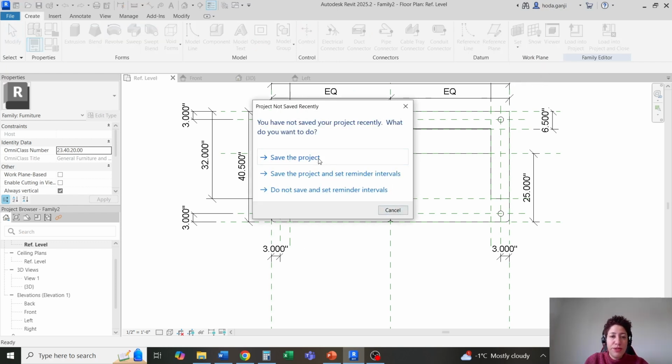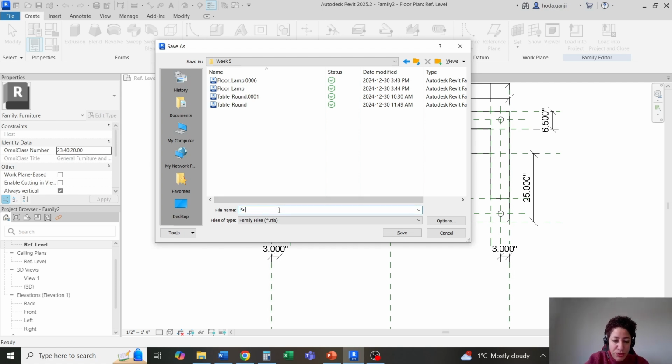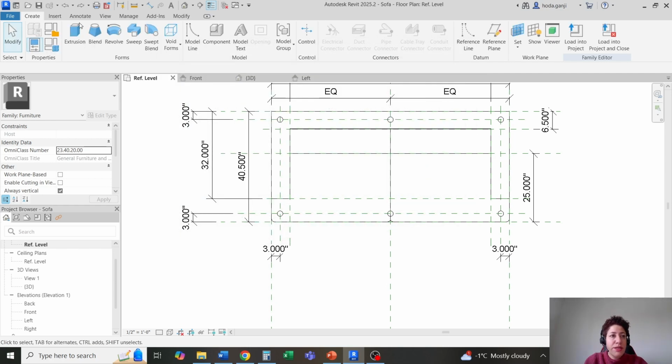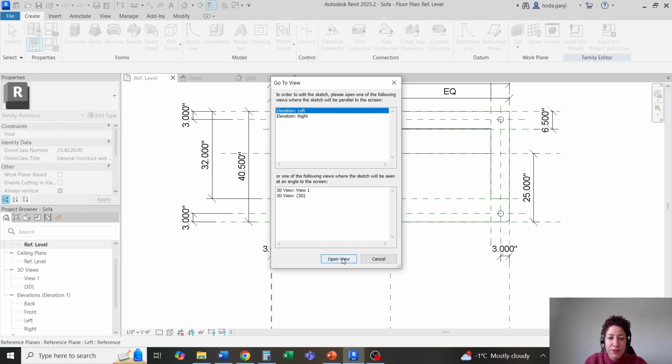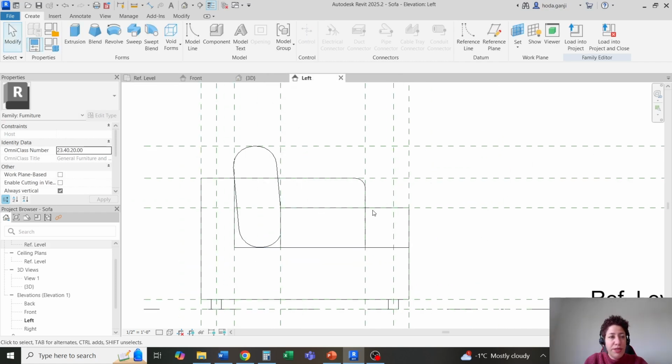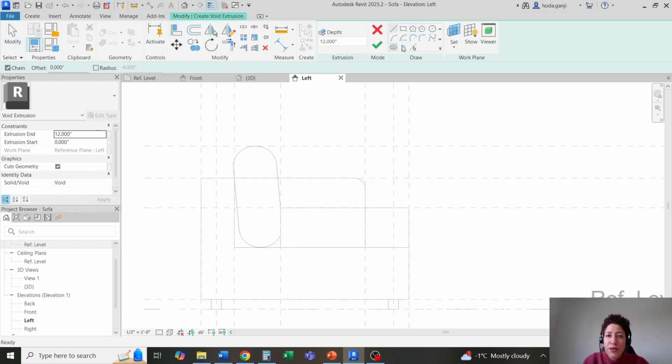Let's save the project. I'm gonna name this sofa and one backup is enough. Okay and okay. Create, set, pick a plane, pick this plane, go to the left view, and here I'm gonna need a void extrusion, so I'll go with a void extrusion. I'm gonna pick this plane,